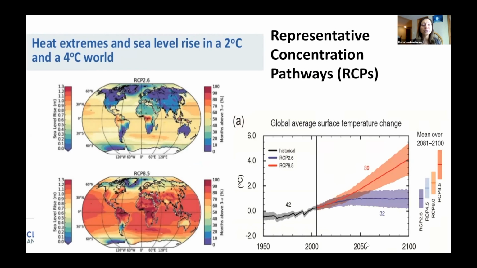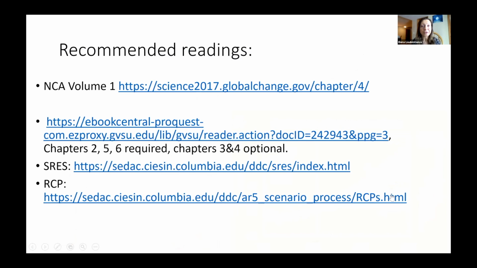So here you see the difference between the good scenario with RCP 2.6, where we are going to see 2 degrees in temperature increase, versus 4 degrees temperature increase under RCP 8.5. And you can see that there is that divergence somewhere around 2030, 2040. So we have a little bit of this decision-making time left to build a better world. And then you see fairly drastic divergence between these two modeling scenarios.